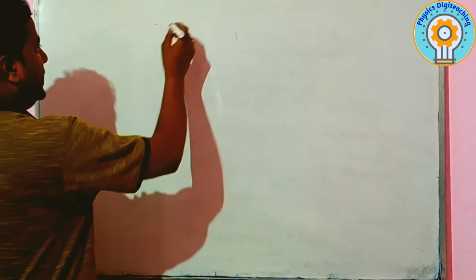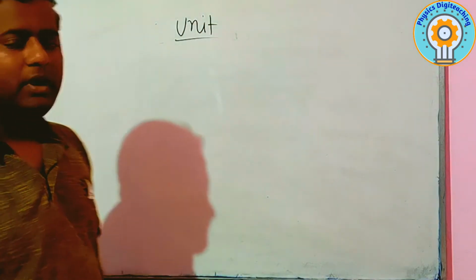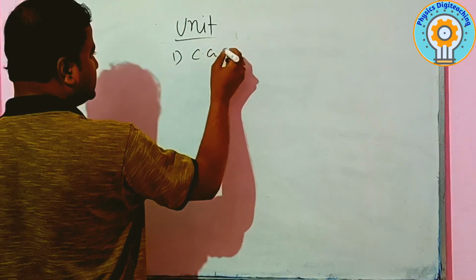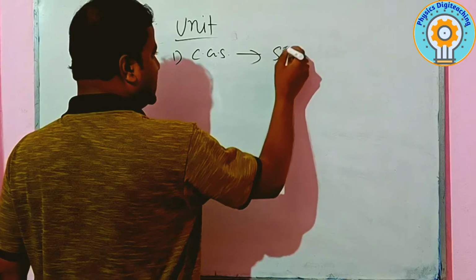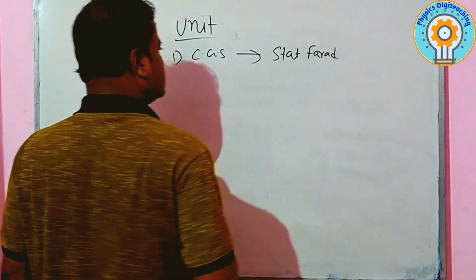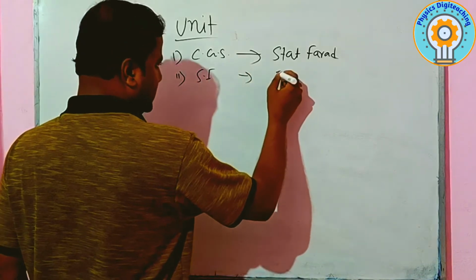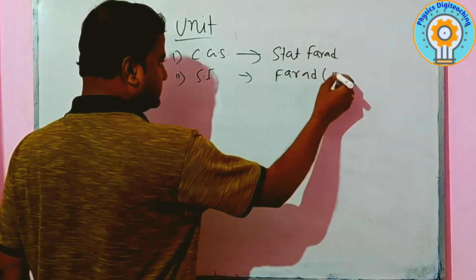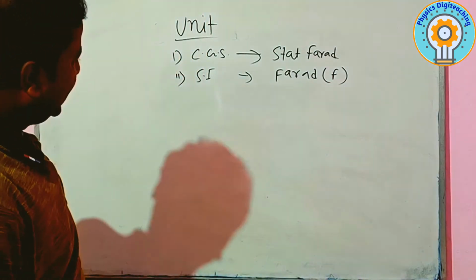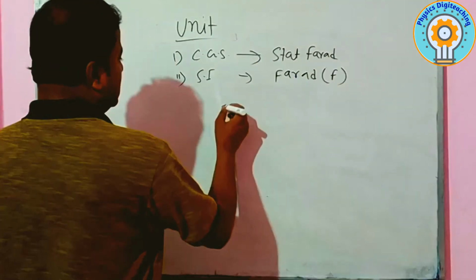Now we see the unit of capacitance. First, CGS. This is stat farad. And number 2 is SI. This is farad. Stat farad and farad. We can define what is 1 farad and what is 1 stat farad from the relation